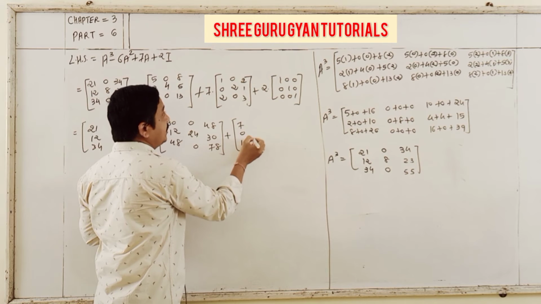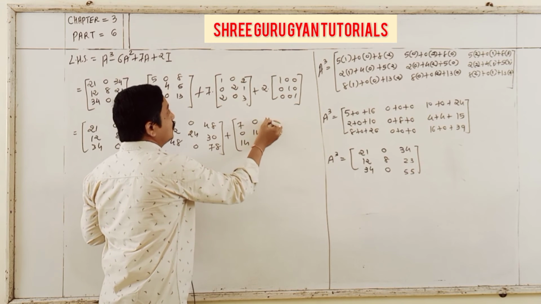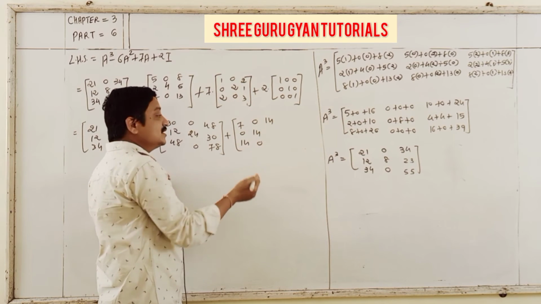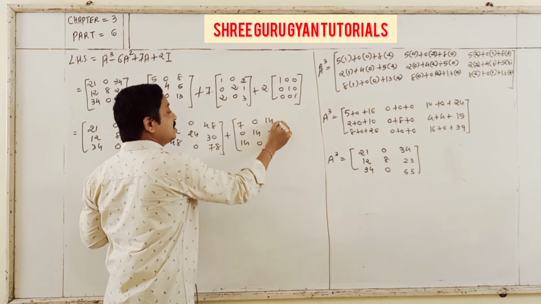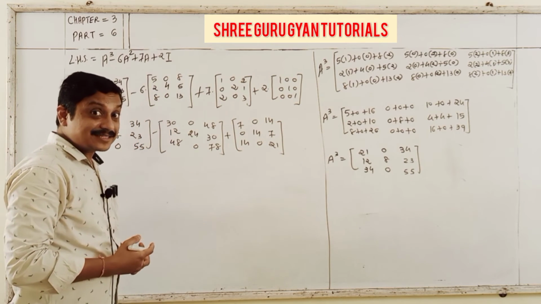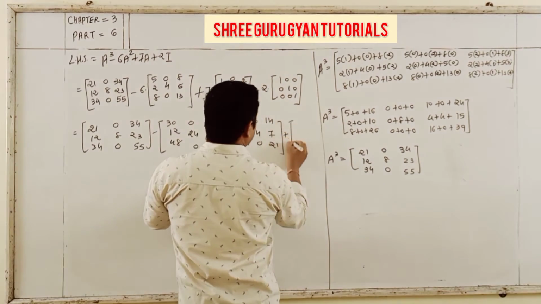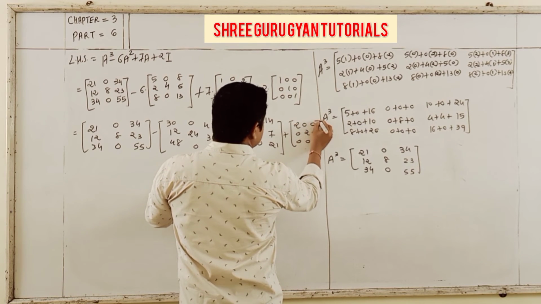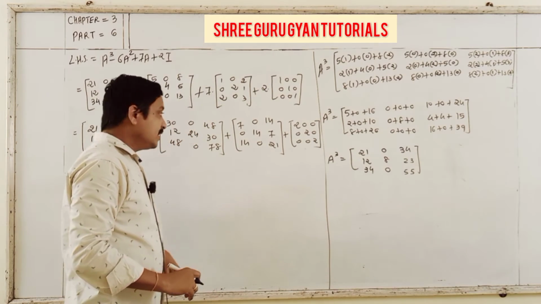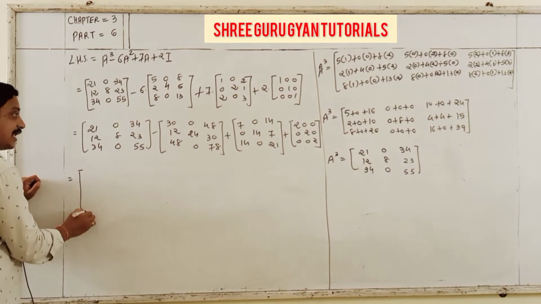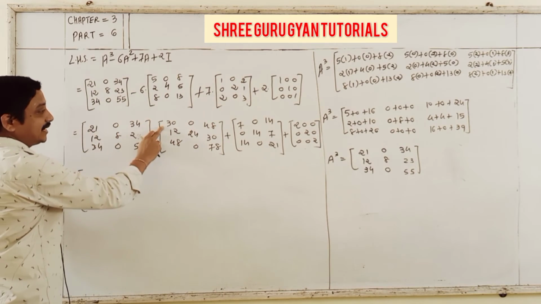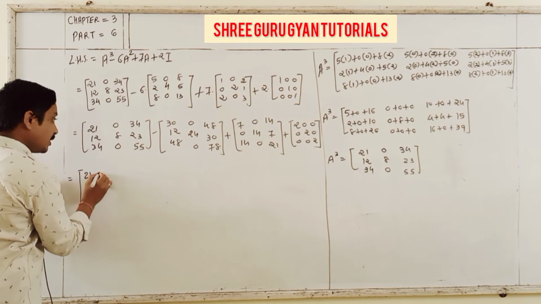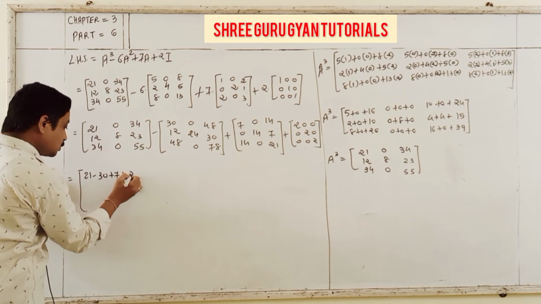7, 0, 14, 0, 14, 0, 14, 7 times 2 is 14. 7 times 1 is 7, and 7 times 3 is 21. Last, the 2I is 2 0 0, 0 2 0, 0 0 2. And now this total calculation: 21 minus 30 plus 7, 21 minus 30 plus 7 plus 2. Check, this is